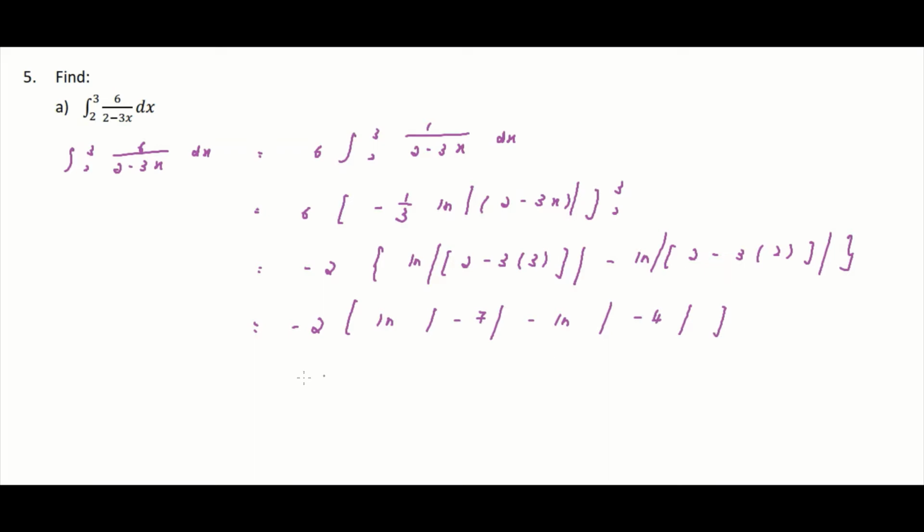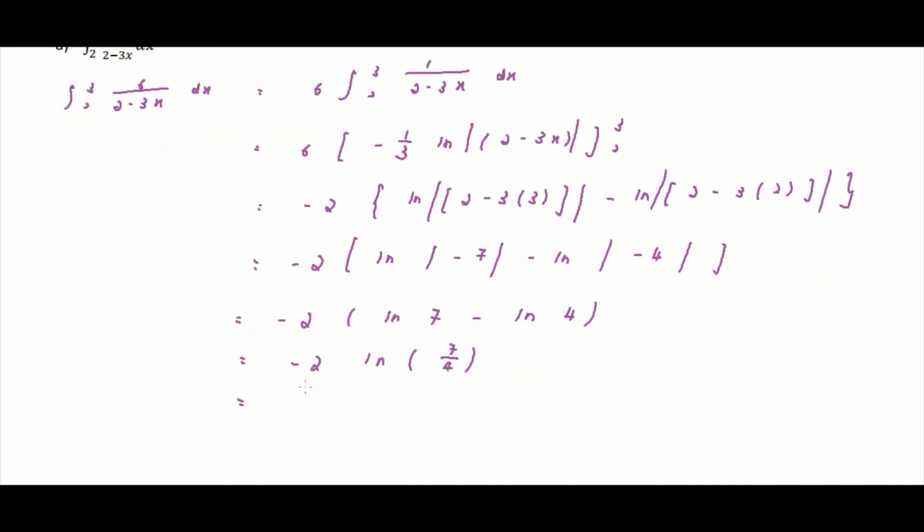Okay, so now we will need to write it in positive so that we can continue. So natural log 7 minus natural log 4. Okay, so combine them together. So if minus, meaning that we can always write it in divide. So 7 over 4. Okay, so if it's negative, can we try to change it into positive? Any idea how can we do that? Yeah,